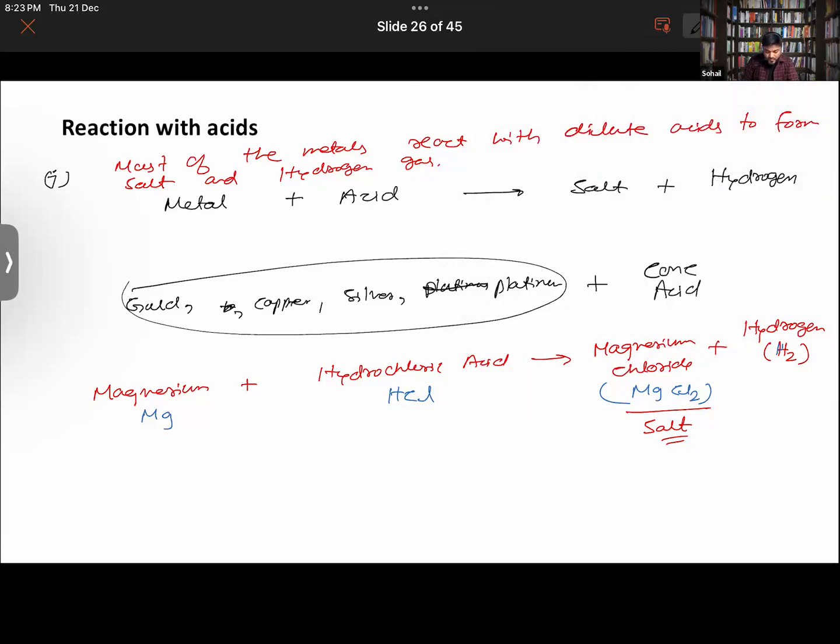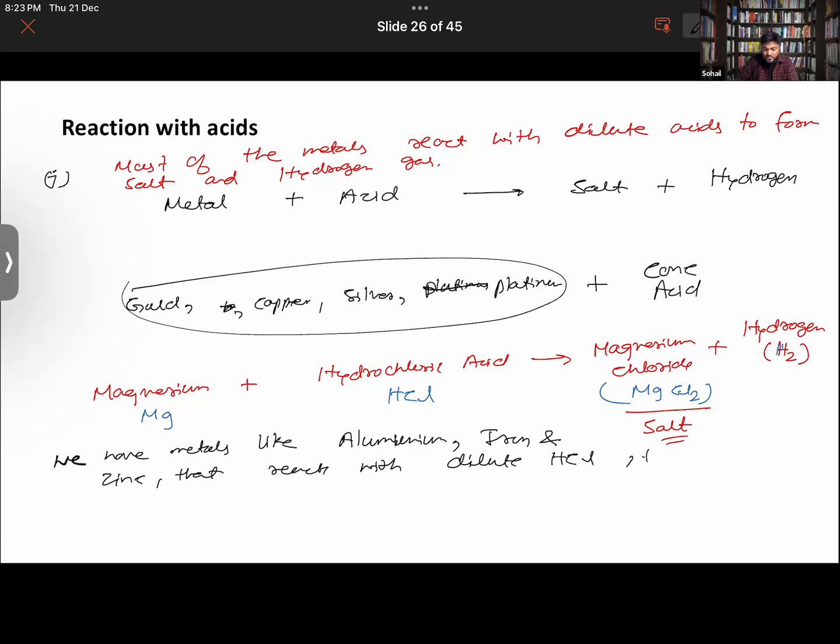So we have metals like aluminium, iron, and zinc that react with dilute HCl to give